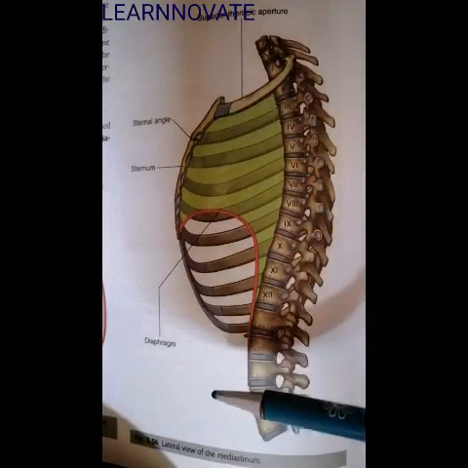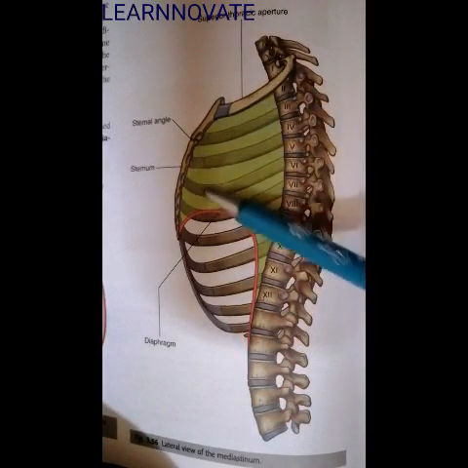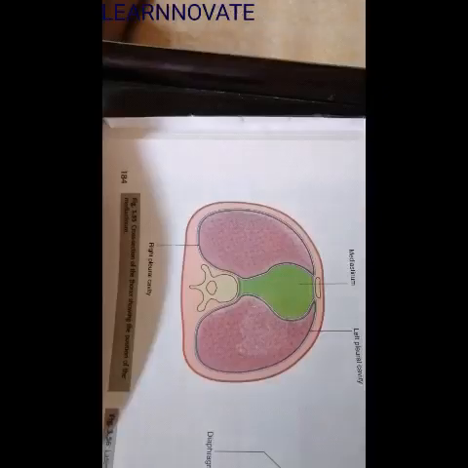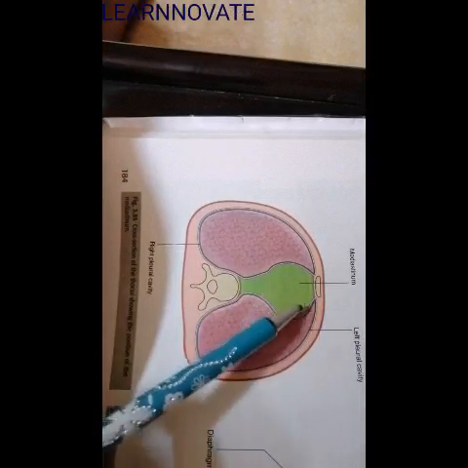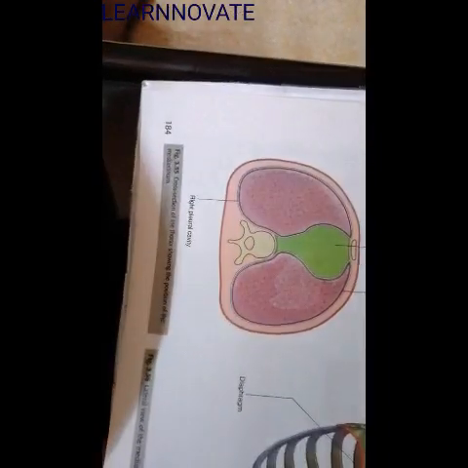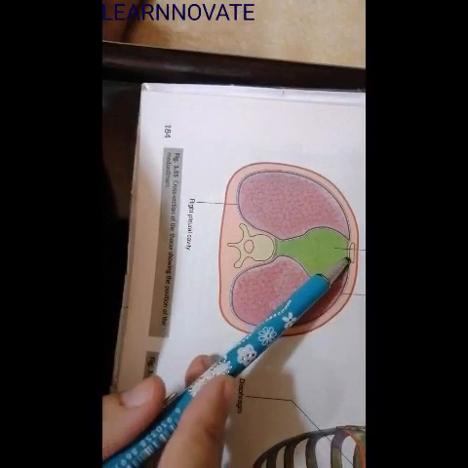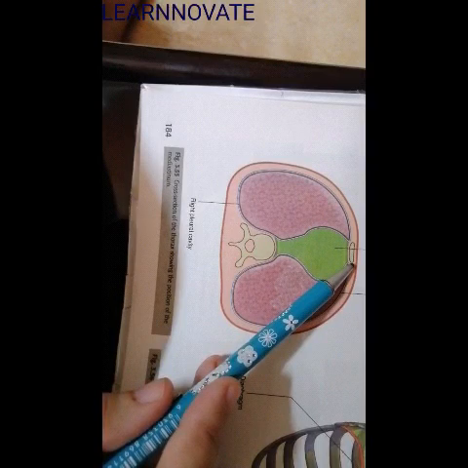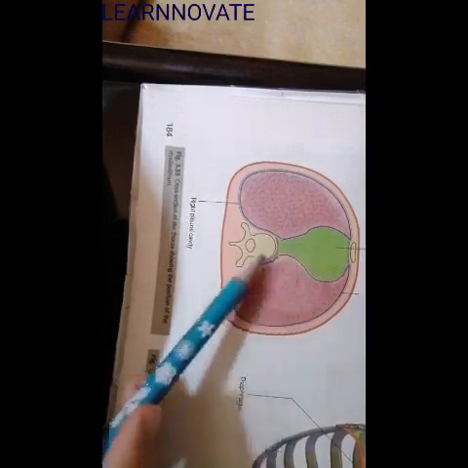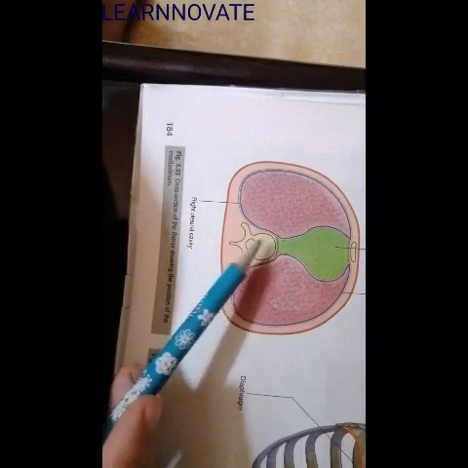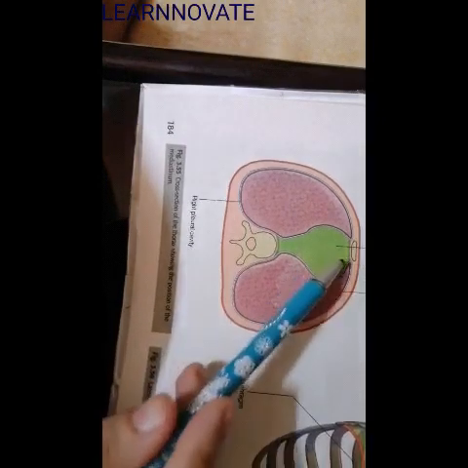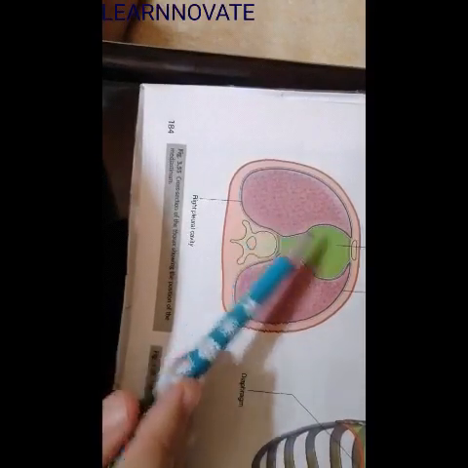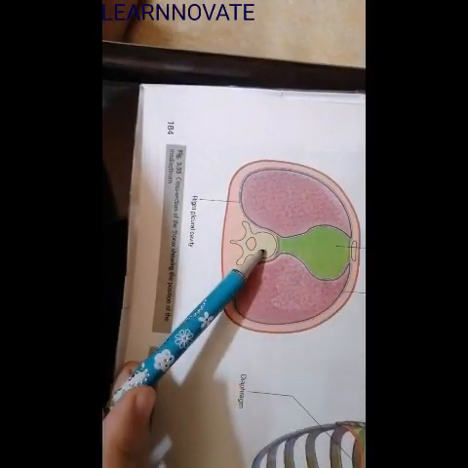Here is a lateral view of the mediastinum, showing the cavity between the two lungs on the lateral side. If we take a cross section, we can see in this diagram the two lungs and the mediastinum in between them. Anterior to the mediastinum is the manubrium of the sternum, the anterior sternal bone of the rib cage, and posterior to the mediastinal cavity are the thoracic vertebrae running in a parallel manner. So this middle part, the mediastinal cavity, lies between the lungs, the sternum and the thoracic vertebrae.